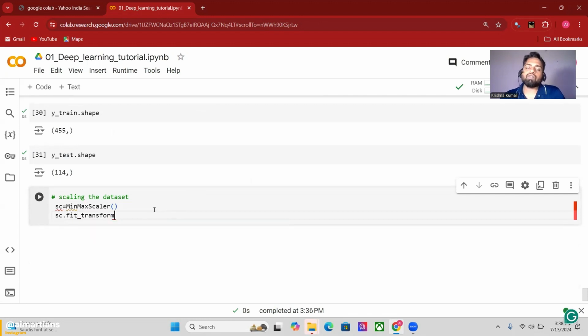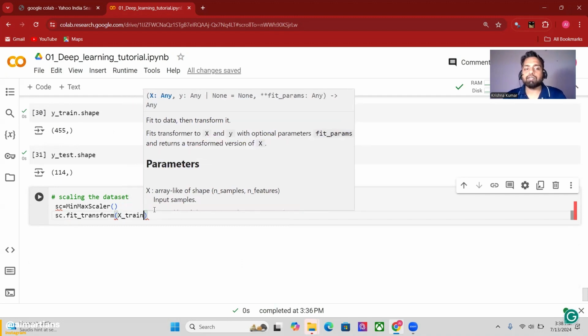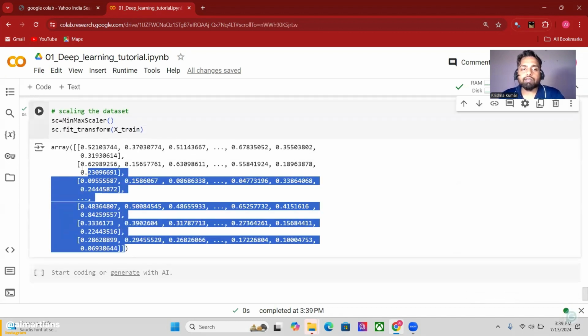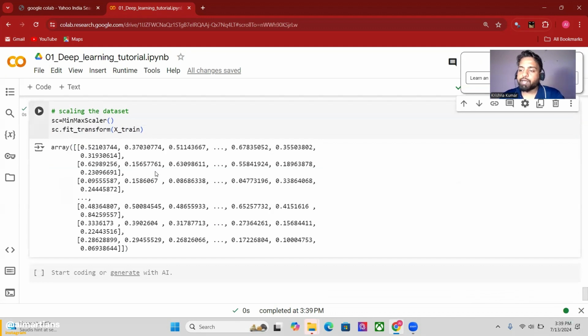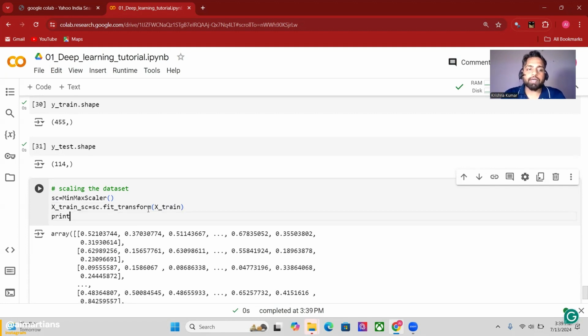First I want to show you what will happen after this. I have to pass my X train. Once I run this, I will get all values between 0 and 1 inside all columns. Let me store it in X train SC, because I convert the train data into scaled values now, and if I print X train SC, I will get